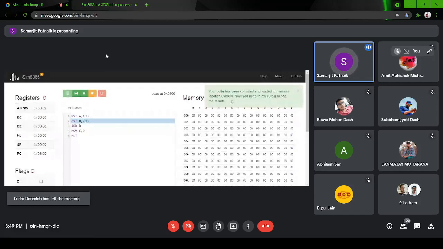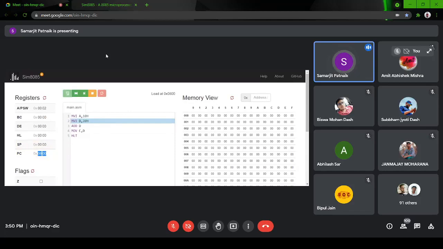Whenever we write a program, it also resides in some memory location. Look carefully at the program counter: it is 0800. That means I am writing all these five instructions, and the program counter points to the start, memory location 0800.